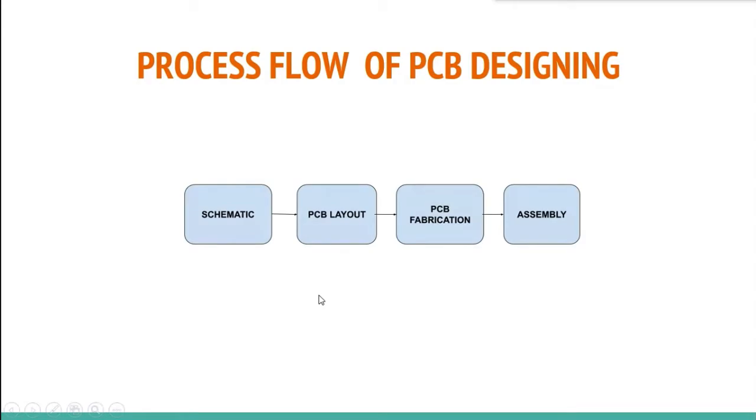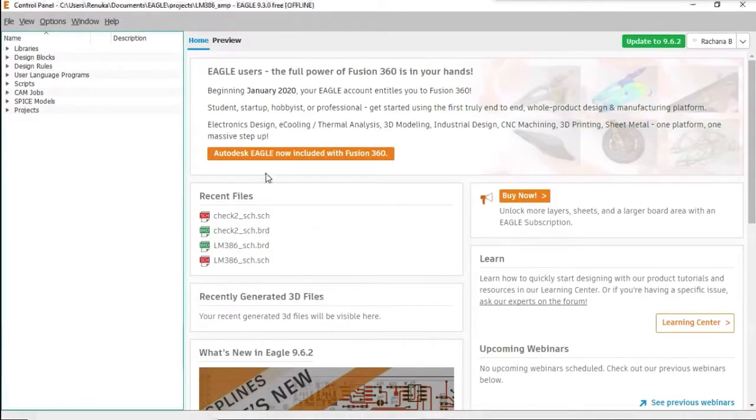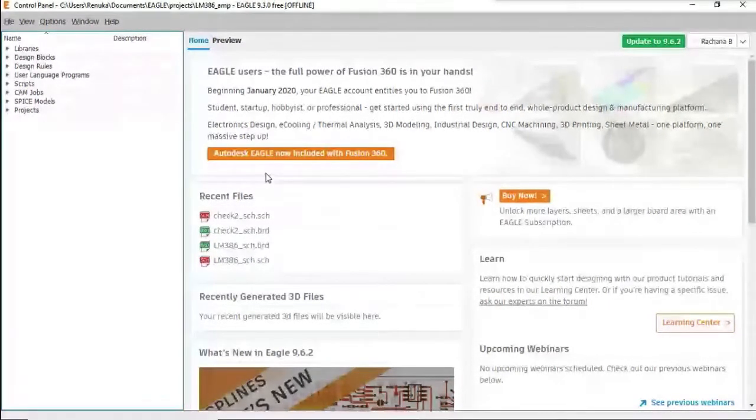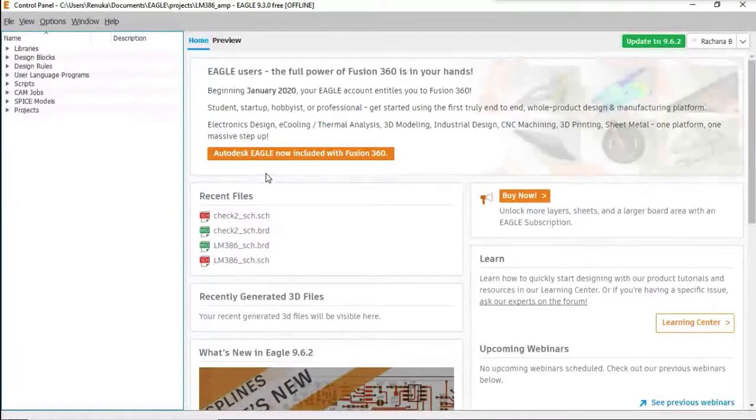Okay. So I'll just show how the Eagle software looks, what is Eagle software, and what all it contains. So first main thing, it involves two steps for designing. That is designing the schematic and making your board. Schematic can be done with the help of CAD tools.